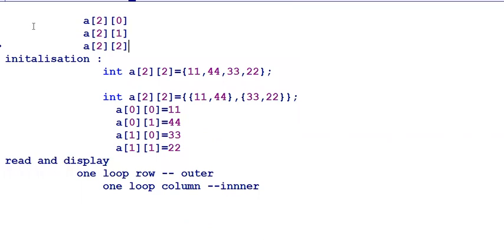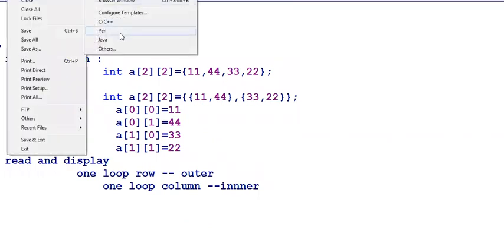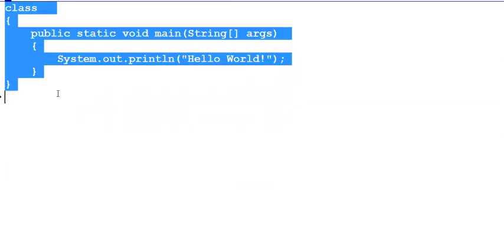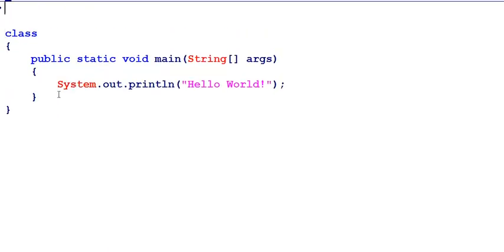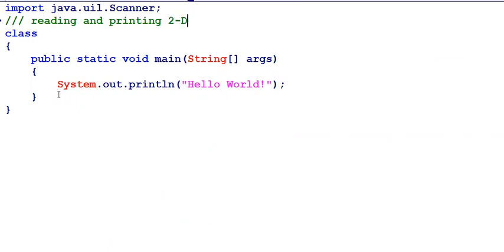When you go for a two-dimensional array, I will start the program in a new one. So here also I can read the elements. Before starting the program, I should import the Java package util to access the Scanner class methods. This is the program for reading and printing 2D array elements.